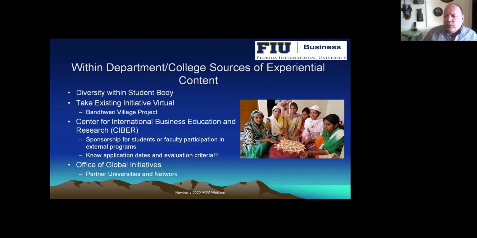So Dave Wernick, one of our professors, has an annual project. He leads people to India every year. And they consult with the Bandari village, and basically are helping a group of females build products that they sell in the marketplace, both in their village, and they take them back to the U.S. and sell them. During the summer, because students couldn't go over there in person, he's had several virtual internships where